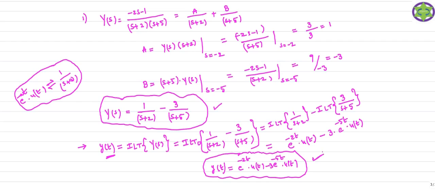So this is how we find the response of the system if a differential equation is given. In this problem, only a first order differential equation is given, but you can use the same procedure for any order system, whether second order or third order. Whatever problem is given on this topic, you just follow this procedure to find the response of the system. So this is today's